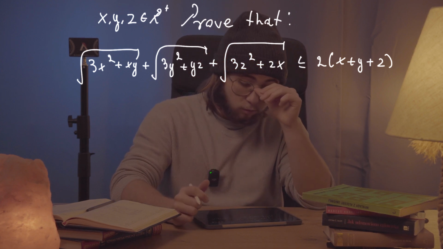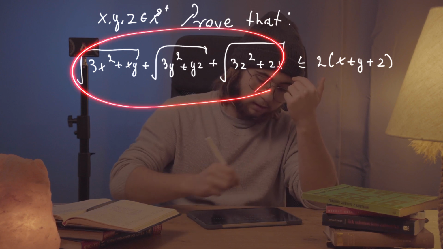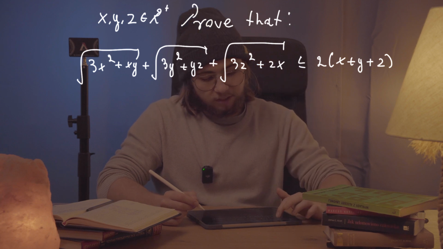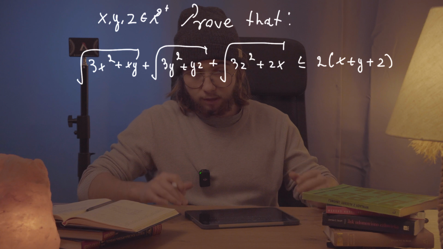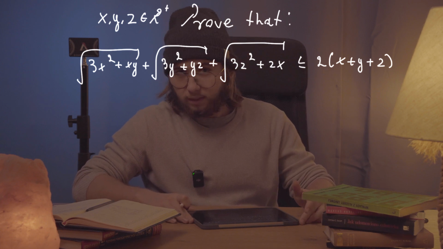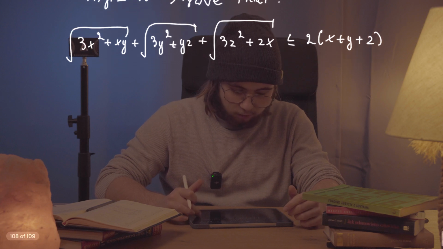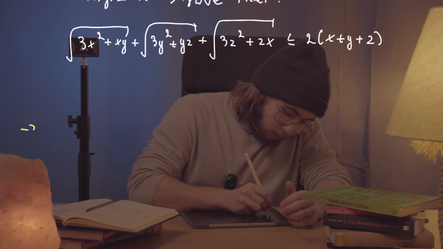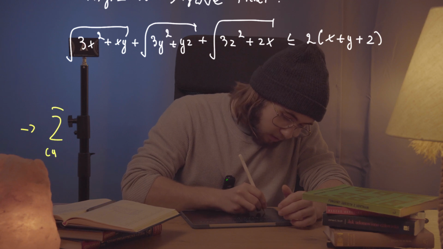First of all, I would like to rewrite the left-hand side of this entire inequality in terms of cyclic sum notation. If you don't know what a cyclic sum notation is, then check out a video, I think it is the previous one, in the MOC playlist. Awesome. So the sum of those square roots is just going to be the cyclic